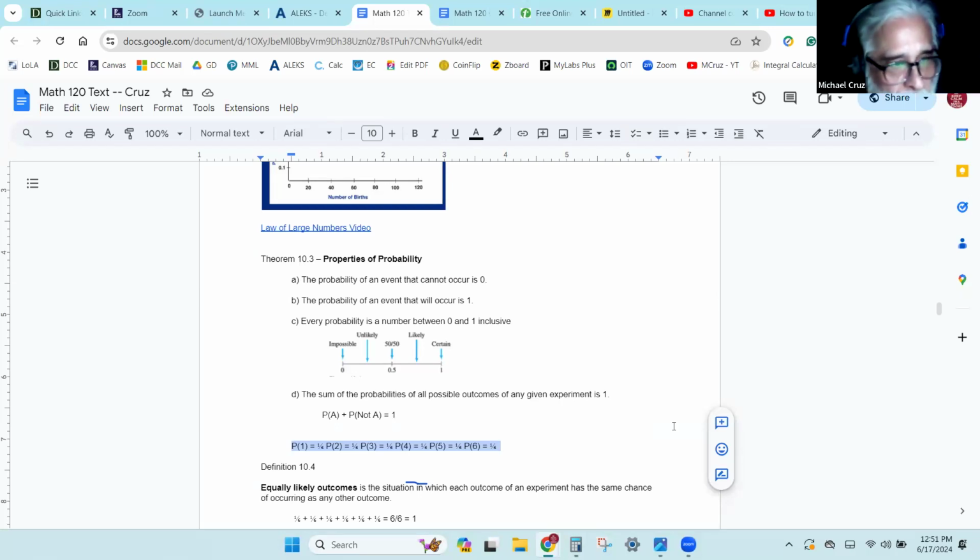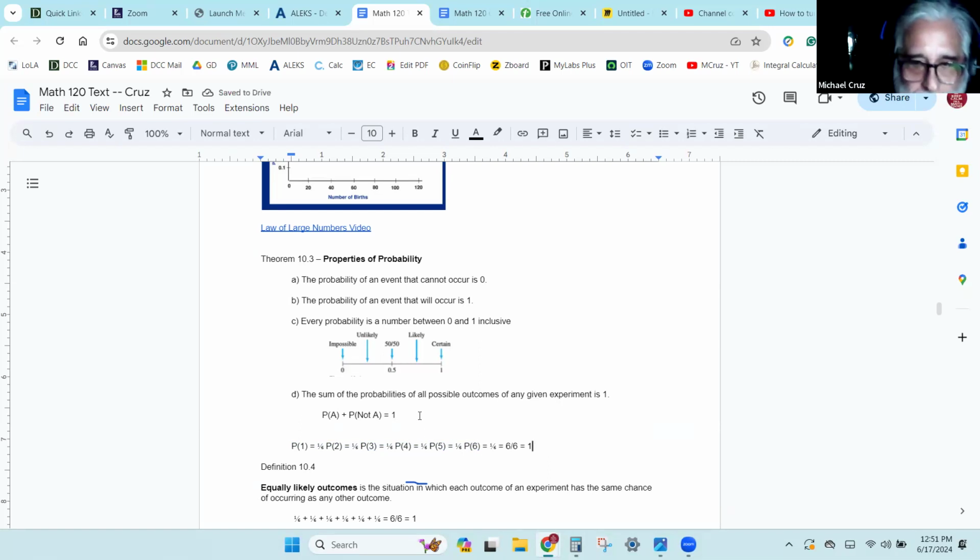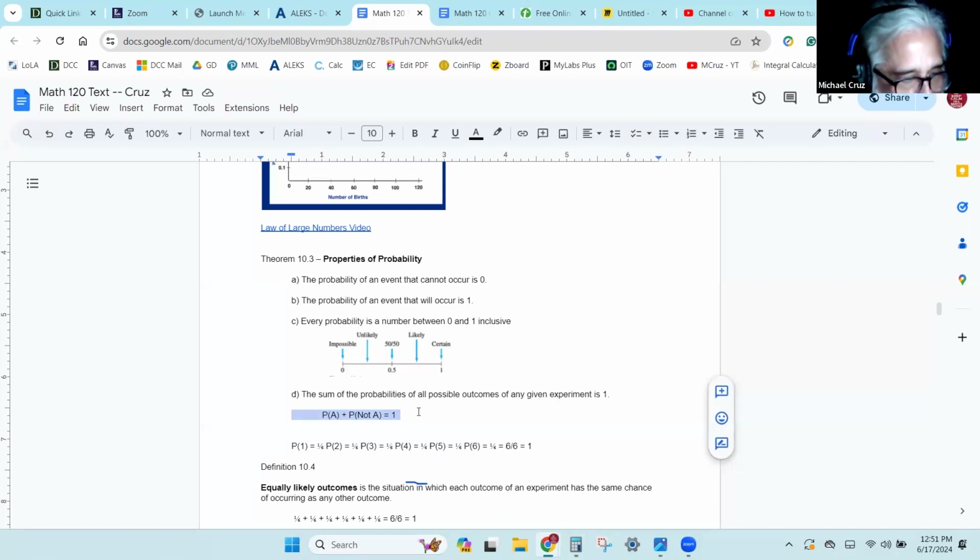Since there's 6 pieces of pie, 1/6 each, that adds up to 6/6, which is equal to 1. All right, so that's where this comes from. It's what we're going to use in a little bit to talk about the